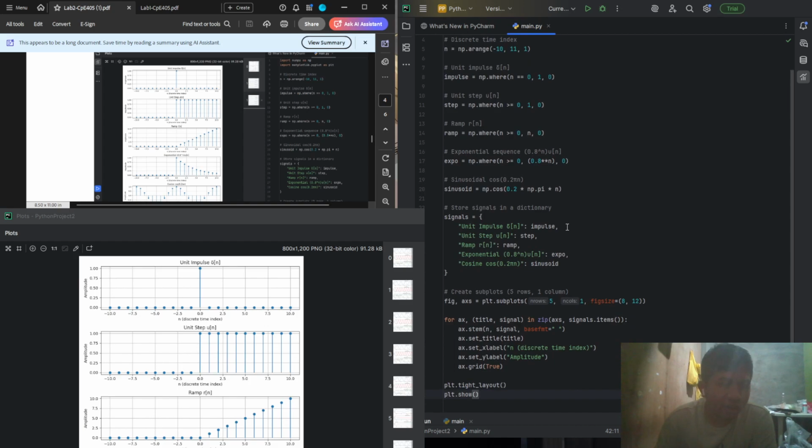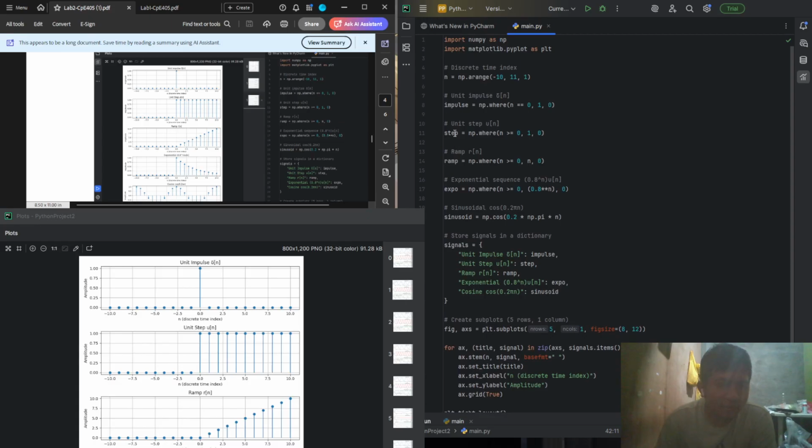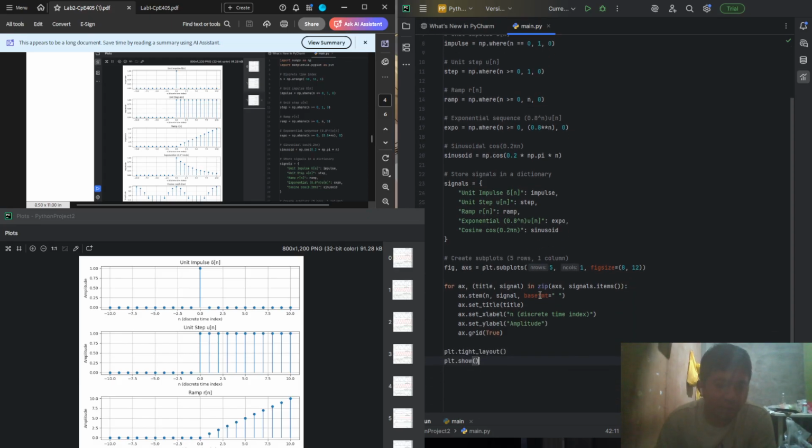I use a dictionary to store the signals. I store the variables in a dictionary, and the dictionary has a title for each variable. I use a subplot to plot it into 5 rows and 1 column, so the 5 signals are arranged downwards with only 1 column.